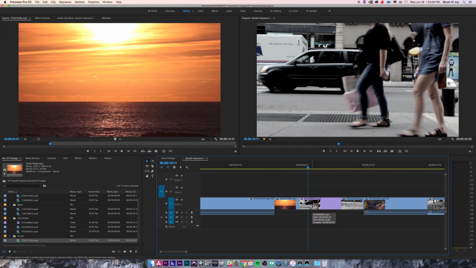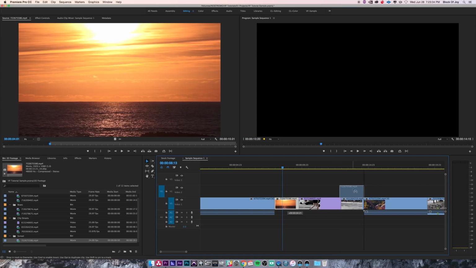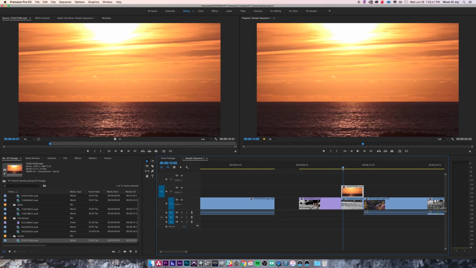Now another good tip that we've kind of touched upon is adding new clips to different tracks. This way you can keep whatever you have in your timeline, but you can try experimenting with different things. So let's say I wanted to try adding this sunset over this clip of the pigeons. So I'm just going to drag this over the pigeons clip. I'm going to go ahead and trim it so that it's the same length. And now